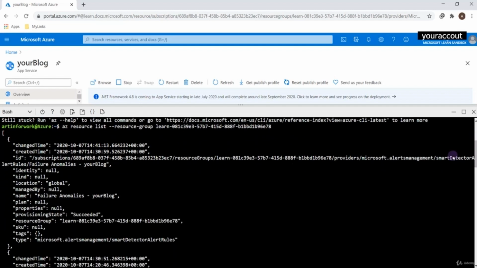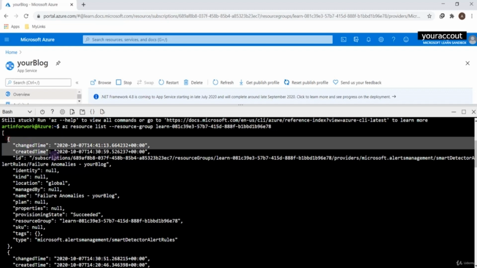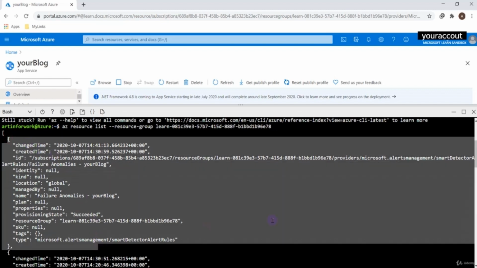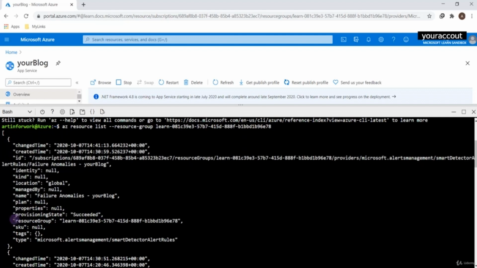When the website has been changed, when it has been created, the date and time, everything has been included in this output. The name of the resource group, this is name, and the change time, when it has been changed, location of your website,